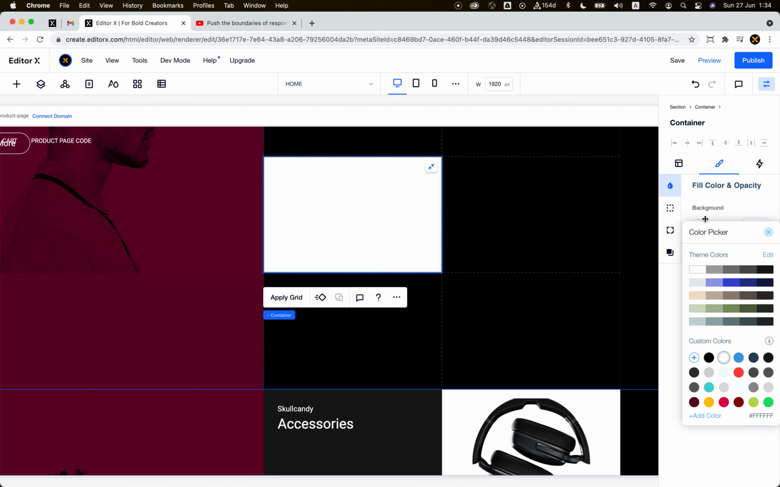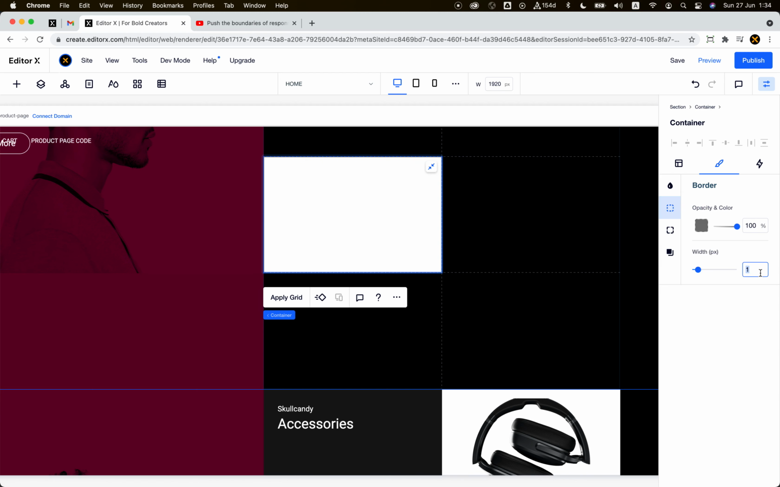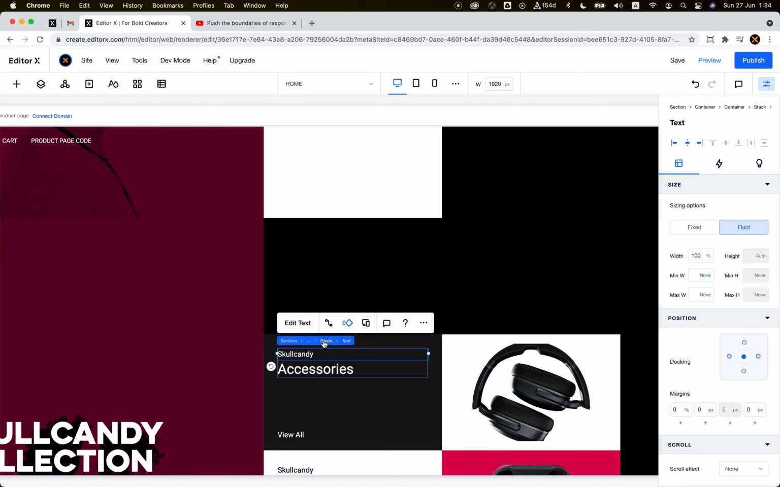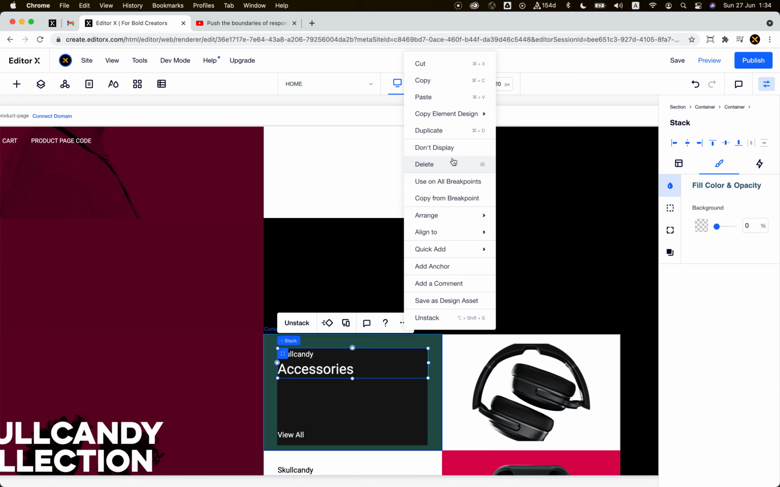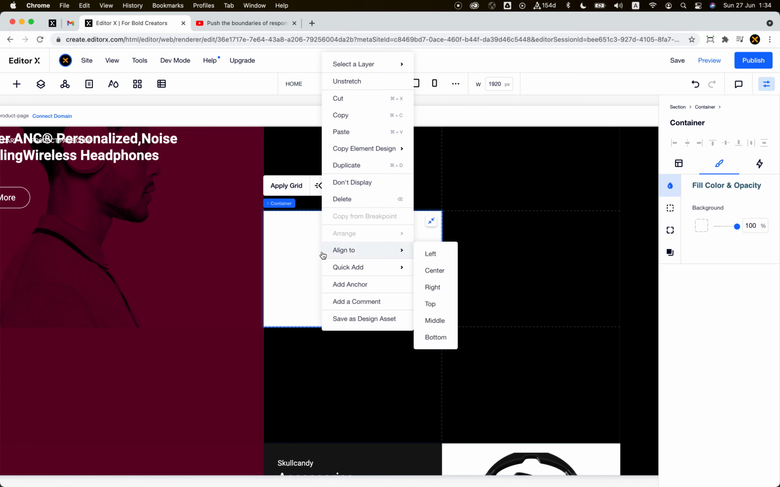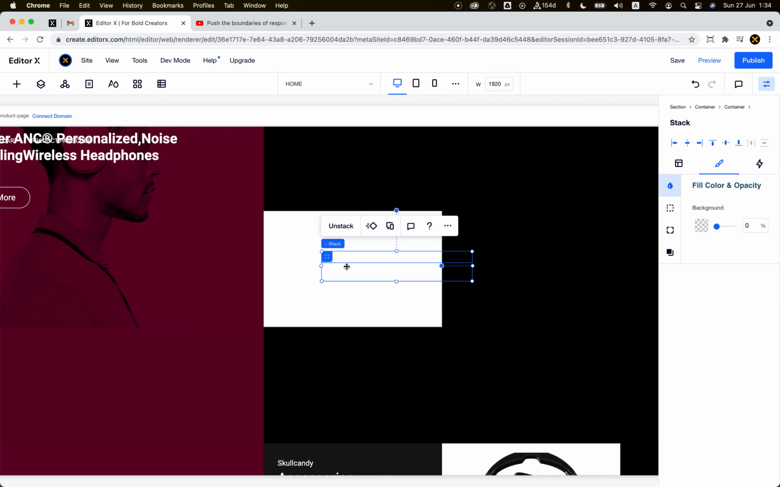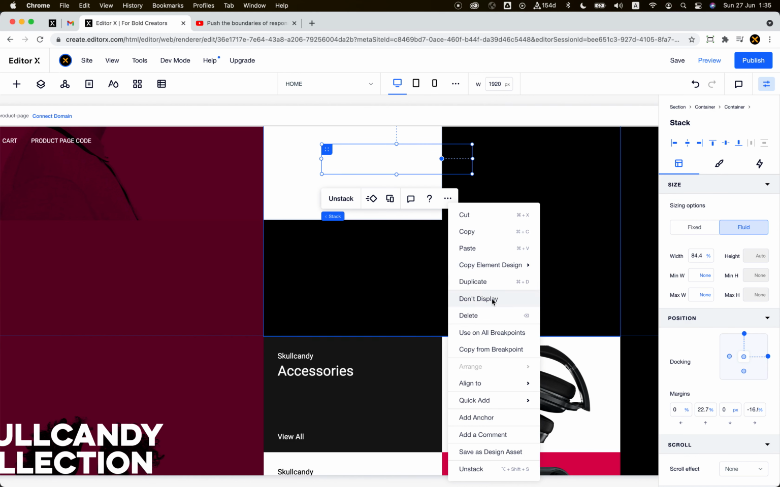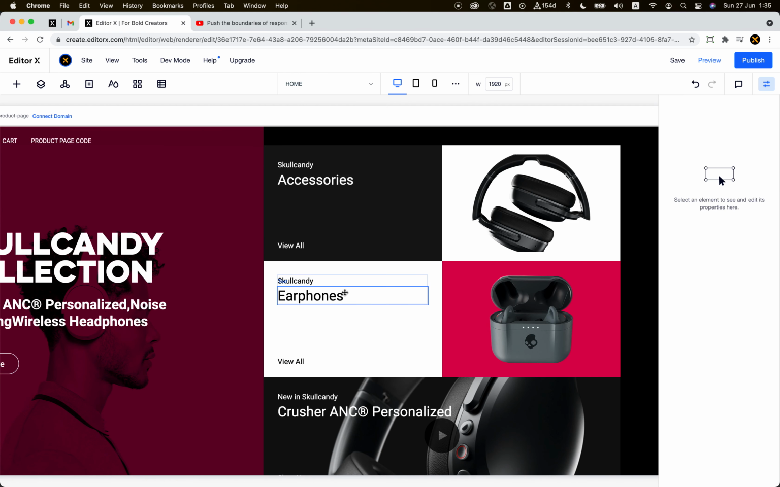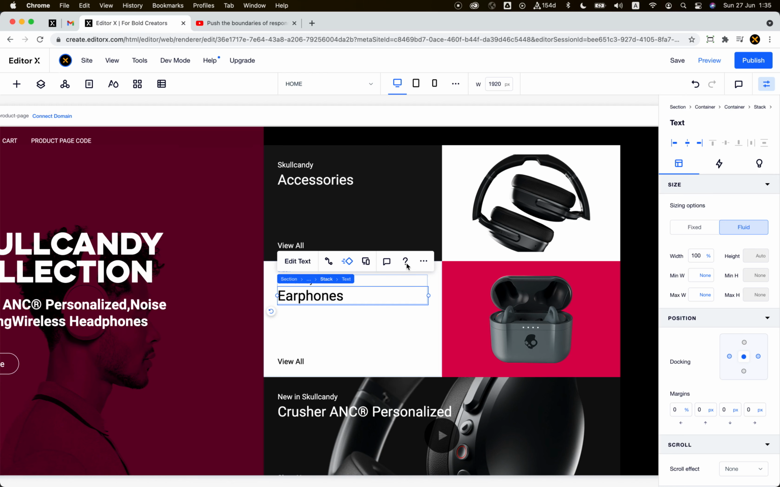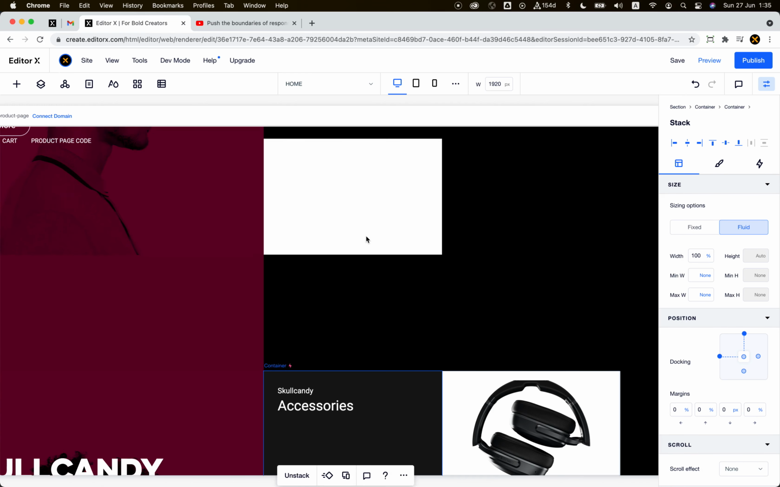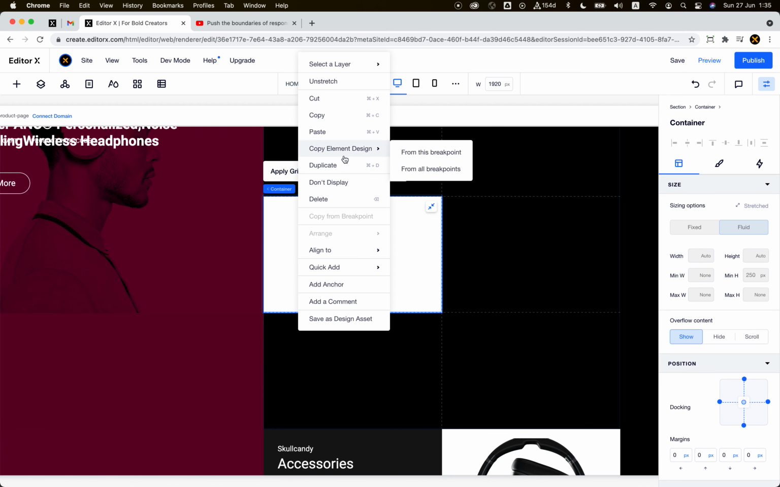Let's make it white. Okay, I will remove the border. I will copy this text element, copy, paste. Right, this is the stack. So let me copy, delete, copy black text. All right, copy this one. I will paste it right here,